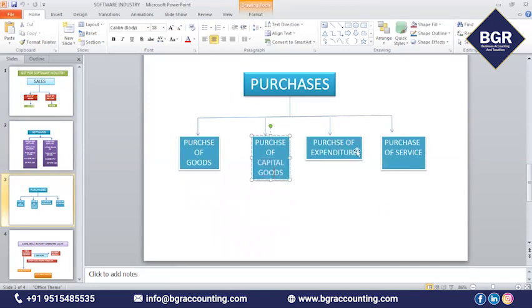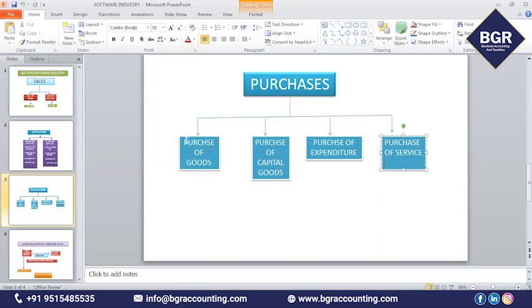Purchase of expenditure means, for example, purchasing printing and stationery for your company. Purchase of service means, for example, the auditor has done the auditing for your software company, so you purchased the services from the auditor.